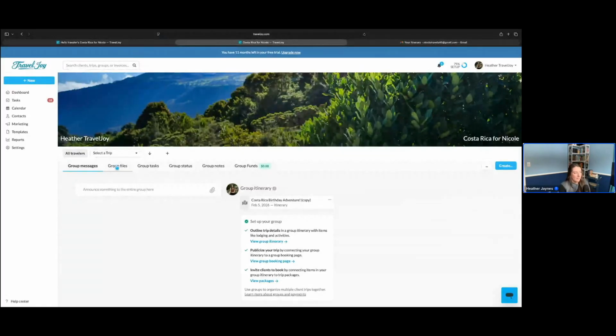But we also have a lot of agents that will still do the group booking page and collect a small deposit to utilize all of the function of the group booking page and the group management tools. And you can always adjust the invoices after everybody registers, so that you can make sure you're still using all of the management tools, getting everybody registered, taking advantage of the automations, connecting the itinerary, things like that. But we do appreciate the feedback. And like I said, that is a feature request and the team is definitely aware of this request.